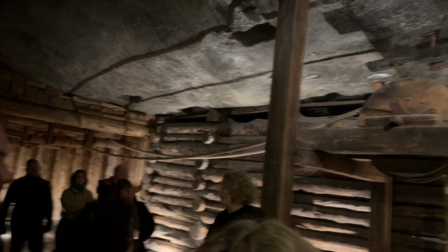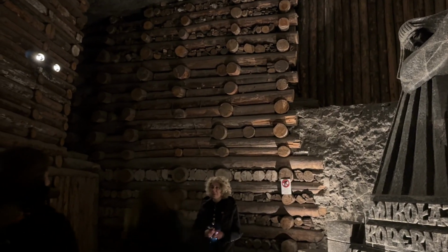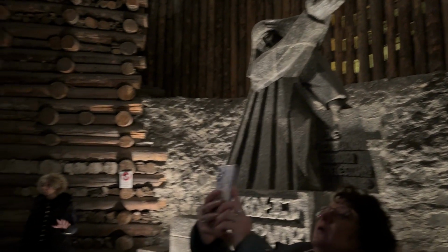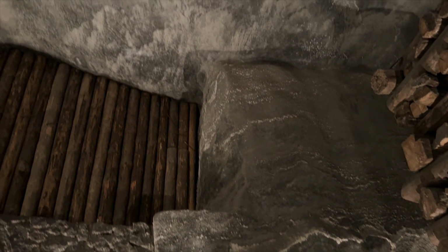Timbers around here are 100 years old. But I will show you a support which is 300 years old. And it's finally salt. This chamber was excavated in the 18th century, and it's dedicated to Nicolaus Copernicus. Copernicus, the well-known Polish astronomer, visited our salt mine in 1493. At that time, he was studying at the Jagiellonian University in Krakow, so pretty close to Wieliczka. In the 15th century, every visitor who wanted to see the mine had to attend